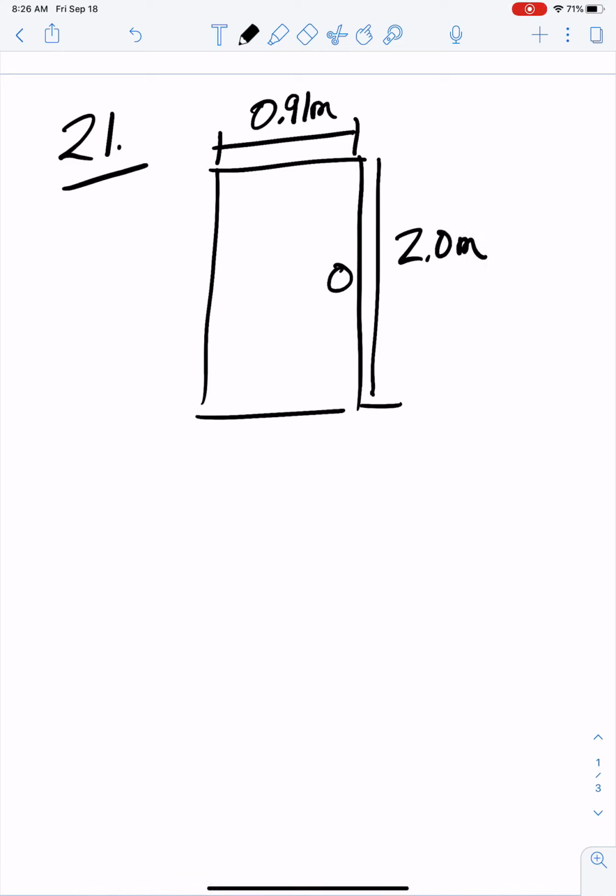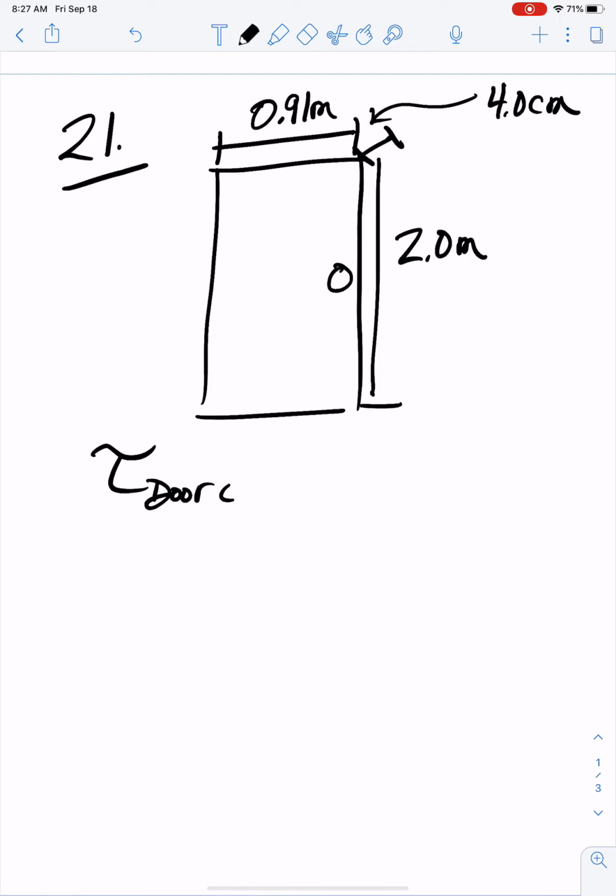And then it has a thickness, which I'm not going to draw right now, which is 4 centimeters thick. Okay, so then it says the door closer puts a torque on the door that's equal to 5.2 Newton meters. So we want to know what is the least force that you need to apply to the door to hold